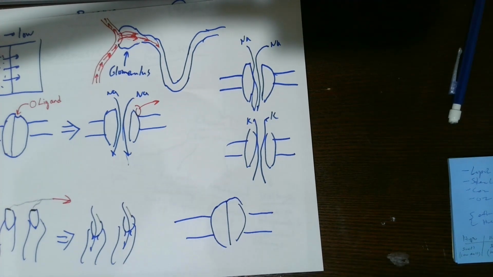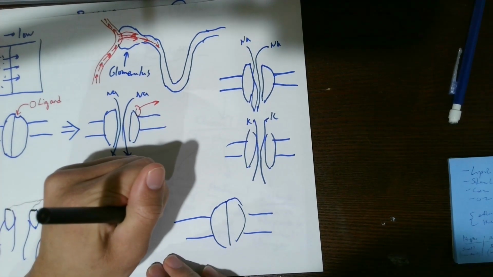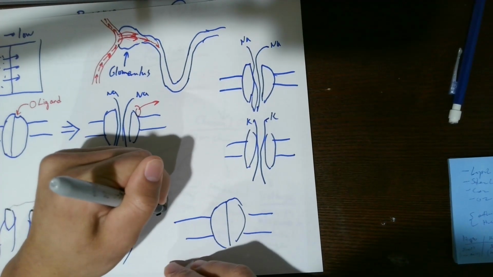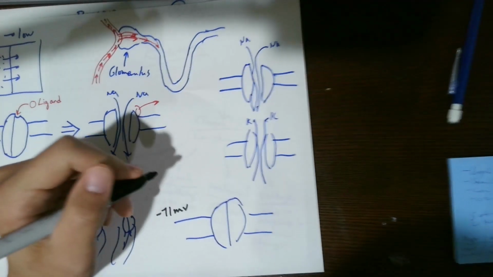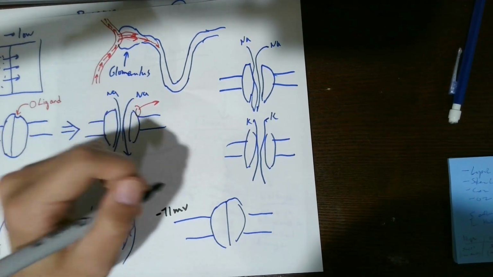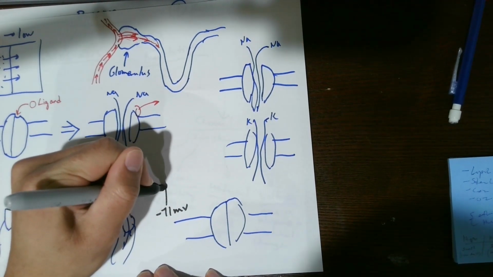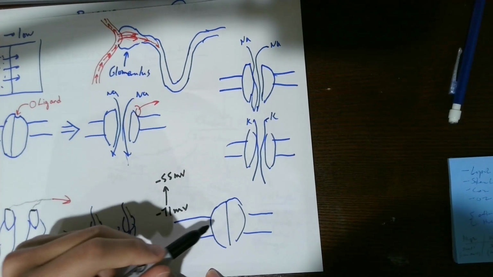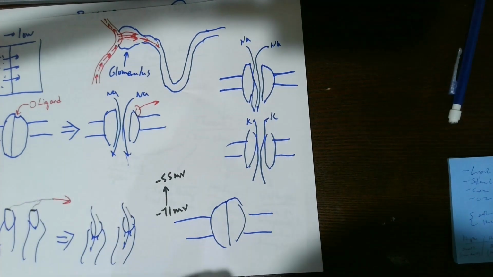And voltage is a unit of measurement in electricity. Normally the cell membrane rests at about negative 71 millivolts. What is a millivolt? It's just a unit of electricity. Sometimes in the cell, the voltage can change. The number jumps, from negative 71 to negative 55 millivolts. And when the channel detects that jump, it opens the